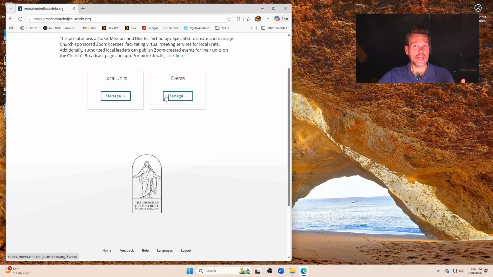if you have access based on your calling. You do have to be in the official register, the church list of callings. You have to be a stake technology specialist or assistant, and it's actually under clerk. So you have to be like a stake clerk technology specialist or ward clerk technology specialist,